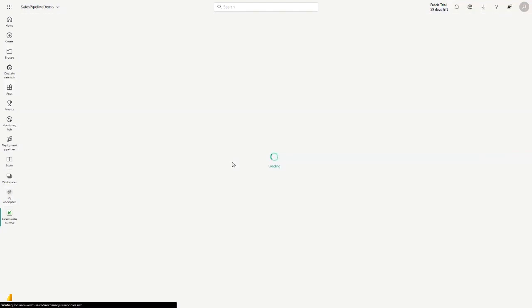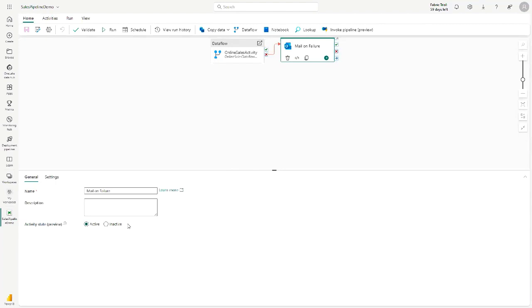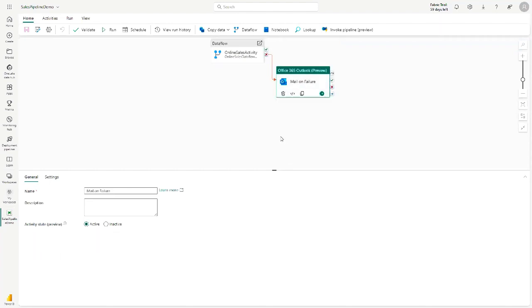Pipeline lets me make sure that this stuff gets loaded and that it gets set up correctly. And check this out. In my pipeline, I've added a mail on failure option. So if this does fail, I get emailed for it right here in my pipeline. So here's my data flow. My data flow also does a mail on failure.